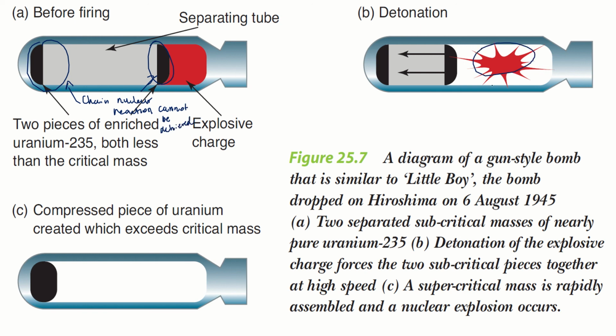Upon detonation, we have a pressure increase, an increased amount of force that's going to combine the two uranium-235 masses together. That means that when it is combined at this point here, we reach a supercritical mass,